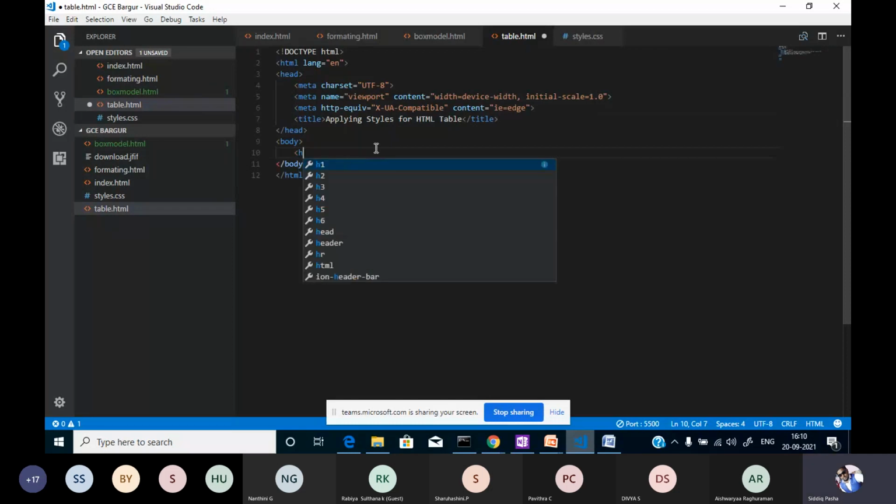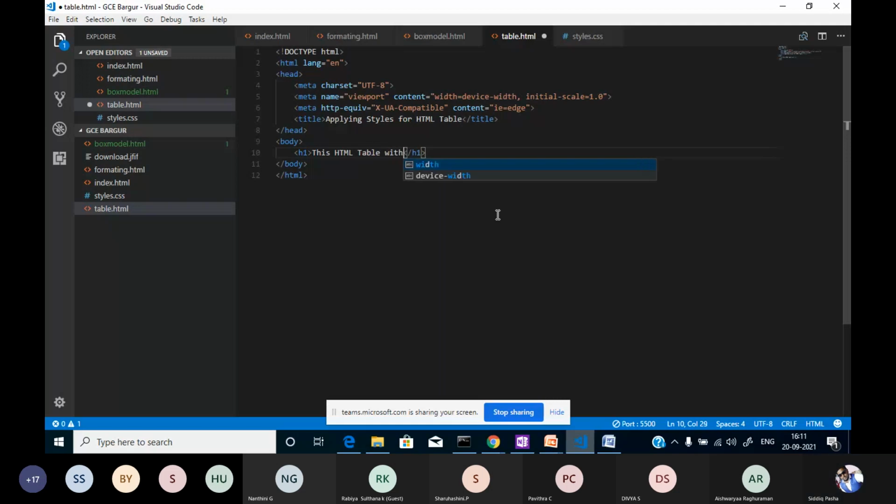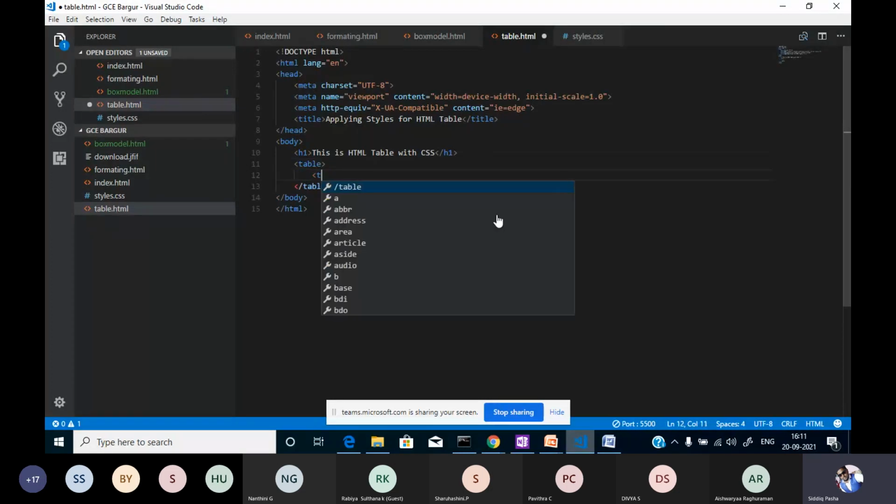I will write some heading. So this is the HTML table with CSS. Say I have created a table over here. We'll create the table using the table tag, and I'm adding the heading for this particular table.